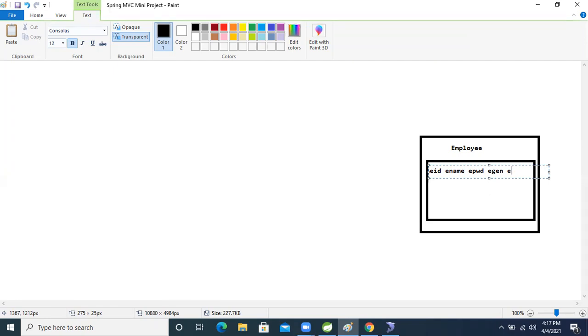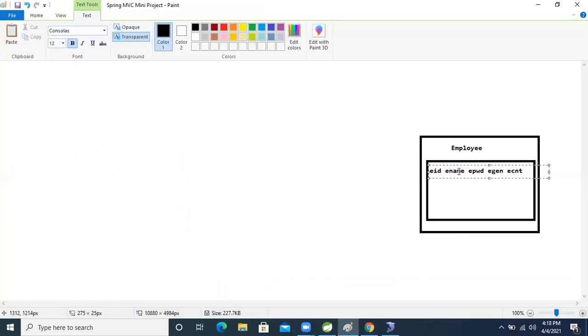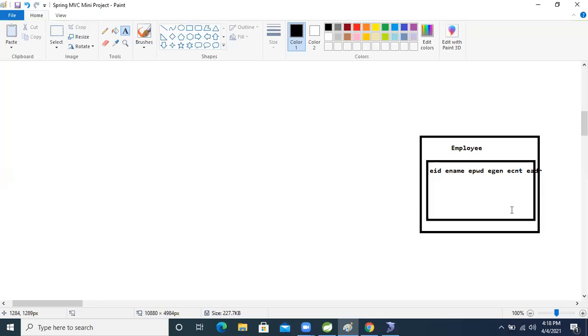E lang, E country, I'm writing e country, right? These are the data that are there. id, name, password, gender, country, address, EADDR, address. This property is there, right?